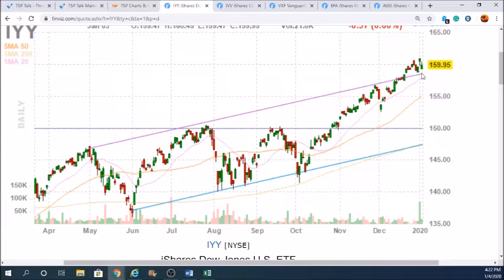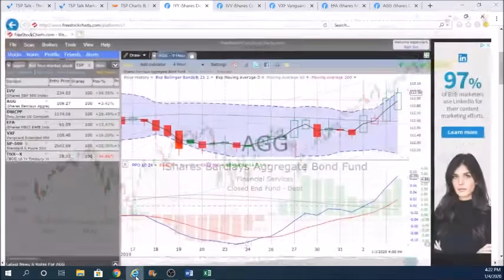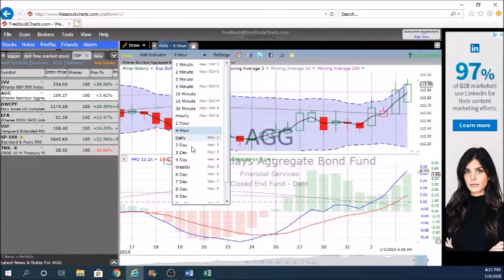Just be careful. We just want to be cautious in case this breaks down. If it does, it could lead to quite a drastic drop back to the 150 line possibly, or 148, something right around there. So just want to be cautious with that. On our charts for IYY on a long-term basis,